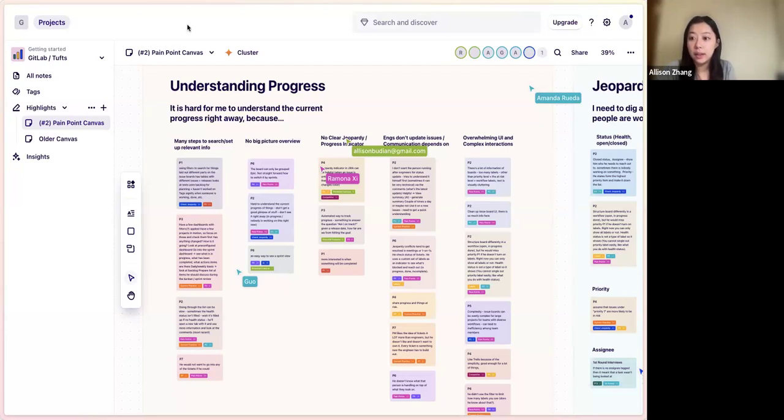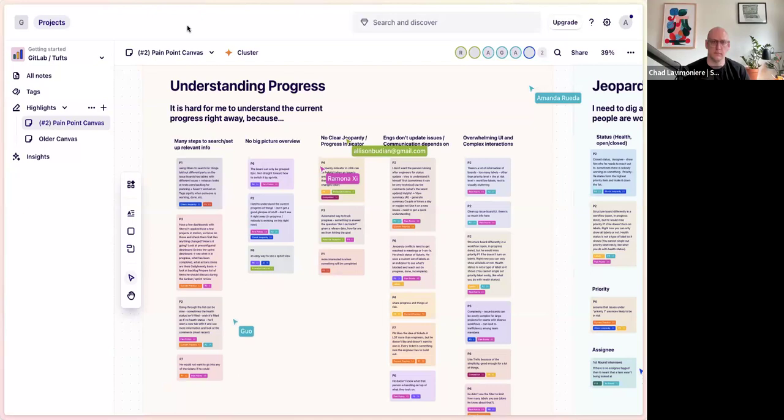So I think having something isolated as this indicator to see if they're on track for sprints would be very useful. My second option was the many steps to search for setup relevant info, but it ranked lower for me just because I couldn't really find a clear item that it could be converted to as a feature. So for you, the Clear Jeopardy one is maybe more addressable. You can see options for how to go down a road with that.